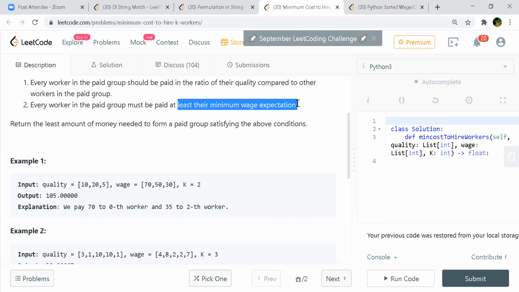Okay, so you are saying in this also, when we are taking the last two, we need to find the ratios of both of them, and whichever is the greater one that we have to follow, right? Something like that. Greater than the minimum, it should be at least. So two conditions. We have to follow the ratio and they have to be greater than or equal to the minimum.